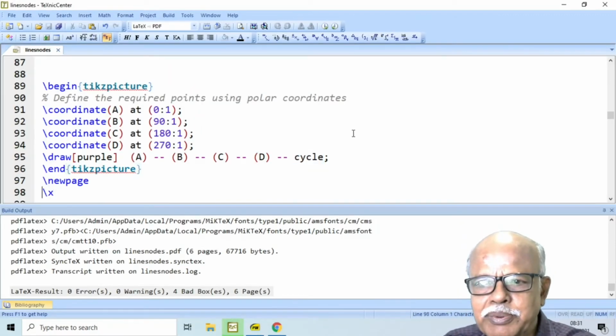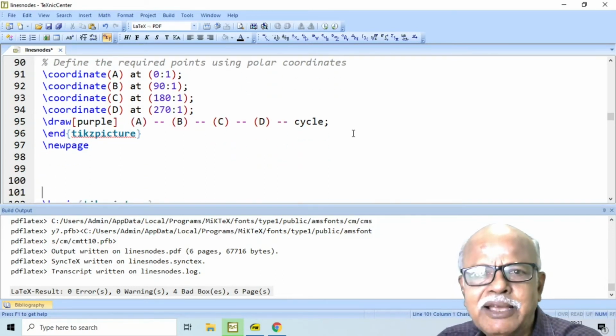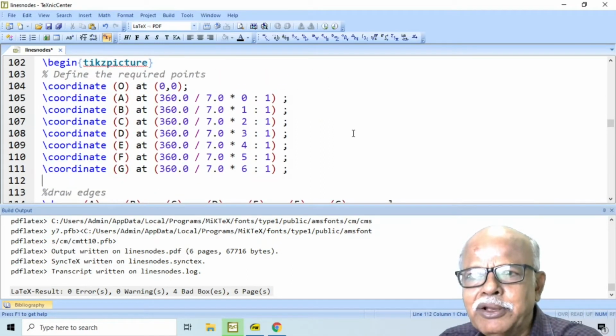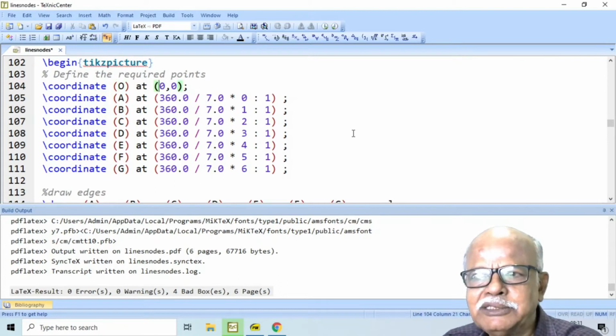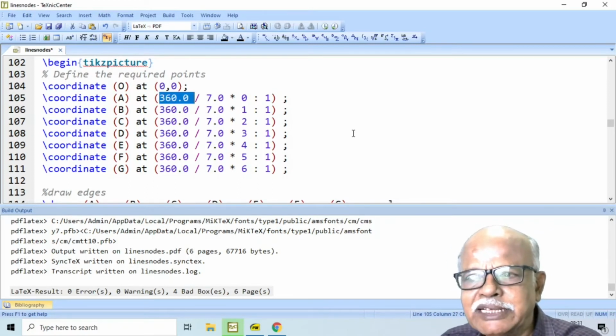Now, let us extend this to another case. We would like to have a 7-sided figure with a coordinate origin at 0, 0 and the other points are specified like this.